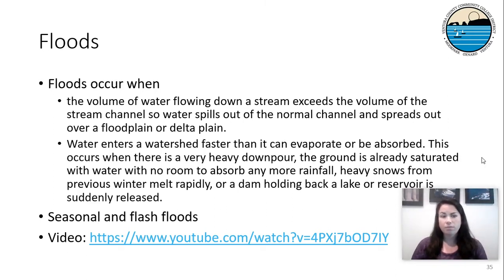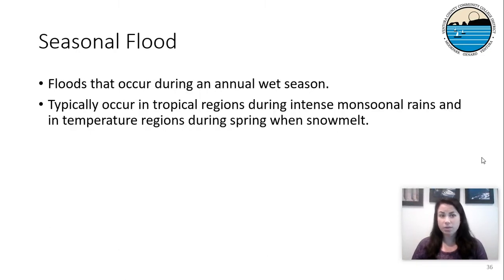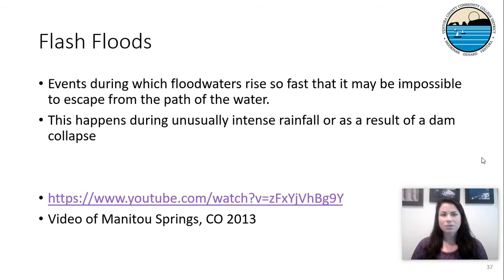We have seasonal and we have flash floods. So I'm going to go over these and then show you some videos of floods. A seasonal flood is one that occurs during the annual wet season. This normally is associated with tropical regions during monsoon rains, or in temperate regions when there's typical snowmelt in the spring. Those would be examples of seasonal floods, where they happen every year,